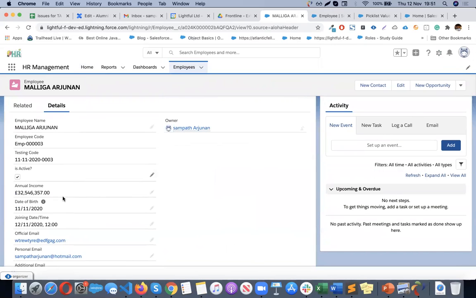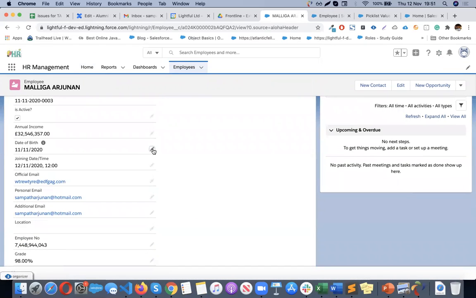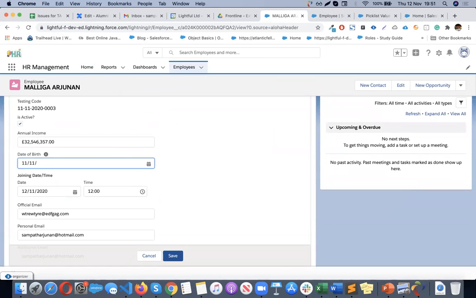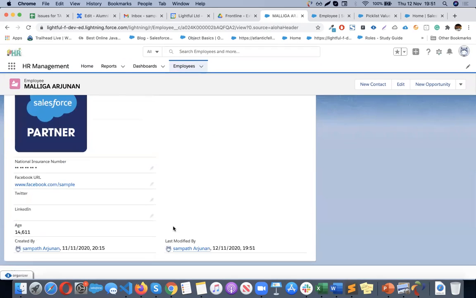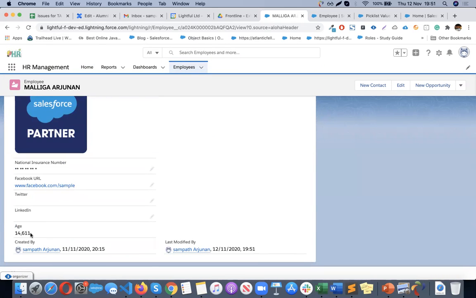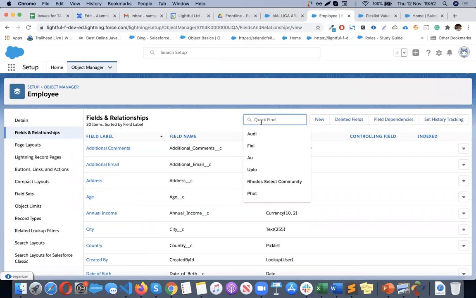So if I change the date of birth, let's say I'm putting 1980. See here, now it shows 14/6/1. This is not a date of birth, right? This is not an age. So basically the formula, whatever we put in the function, will return the number of days. This is just a number of days. So from here we have to divide by 365, right? Divided by 365. So if I go again to the formula field,